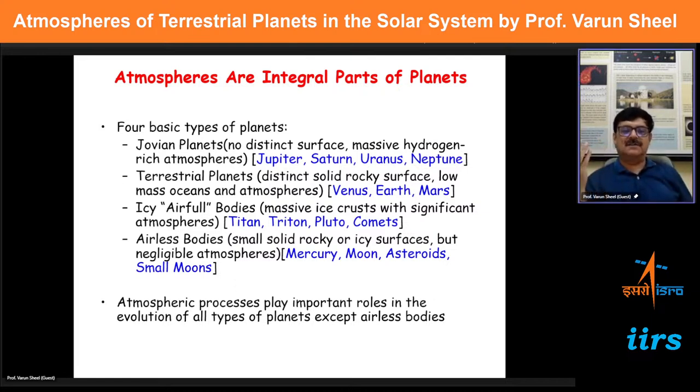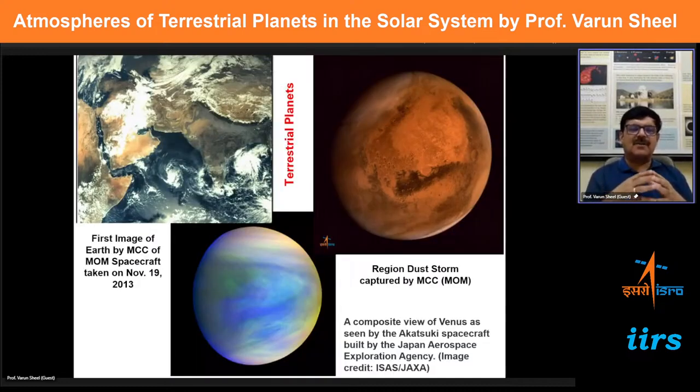And you also have airless bodies, of which some do not have atmospheres, and some of them have. So you have a variety of evolution of these planets depending on their position in the solar system and how this process evolved. But overall, whatever processes are occurring in the atmosphere play a very important role in the evolution of these planets and vice versa. So basically, as I said, we will concentrate here